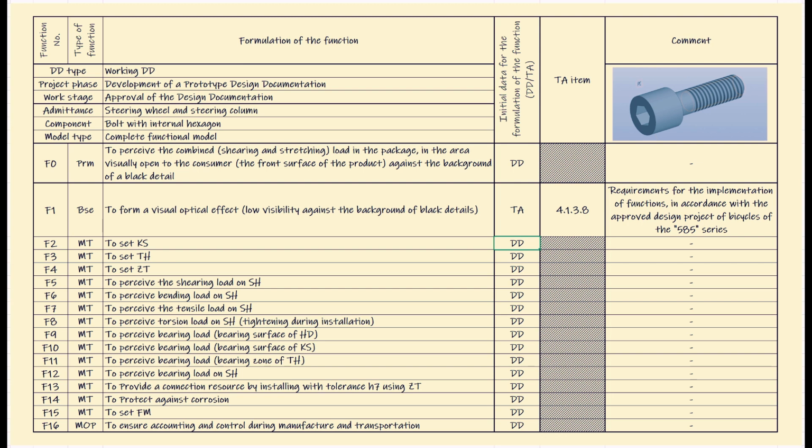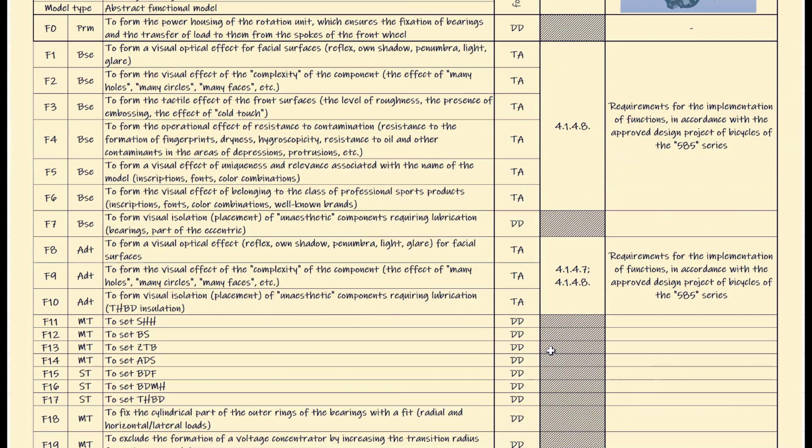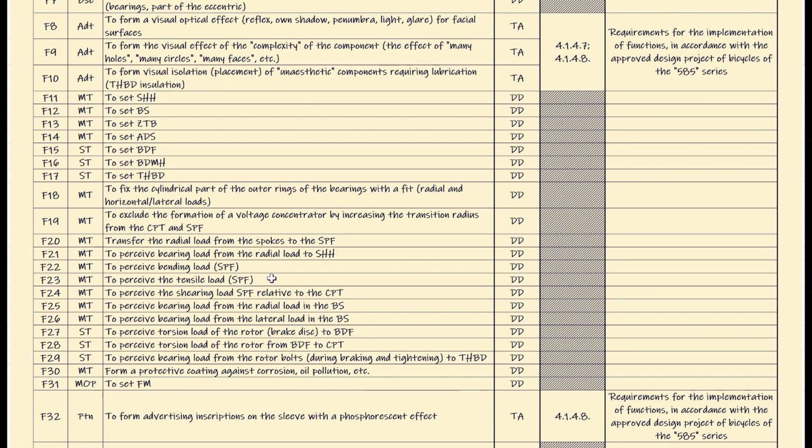Therefore, the fill-in rule can be formulated as follows. If the information for the formulation of functions is reflected only in a drawing, strength calculation report, for example, manufacturing tolerance, description of power work, placement, then design documentation is affixed. If the information is reflected in a technical assignment in the form of one item in the section technical requirements,